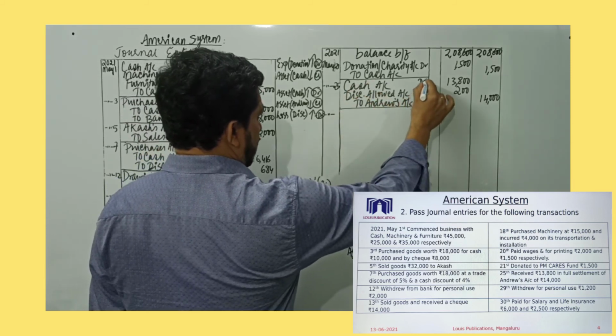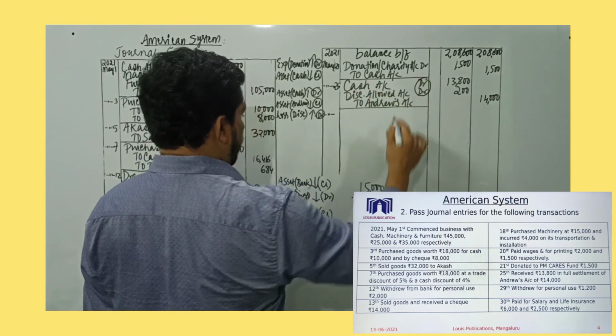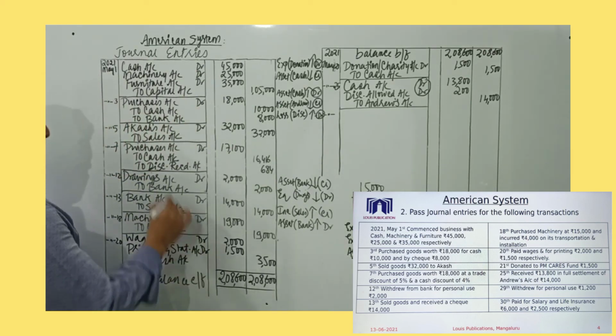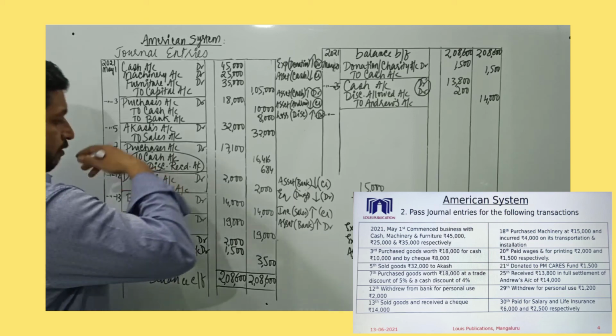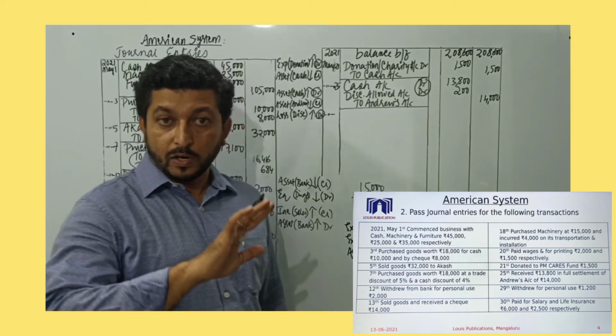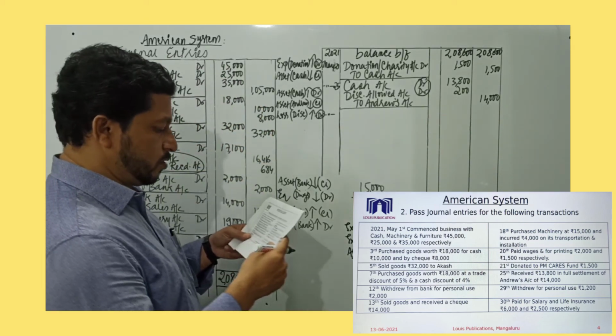As I have been mentioning, either cash and discount will be debited together, or cash and discount will be credited together. In a single entry, you cannot have one account debited and the other account credited on the same side like that. It is not possible in accounts.